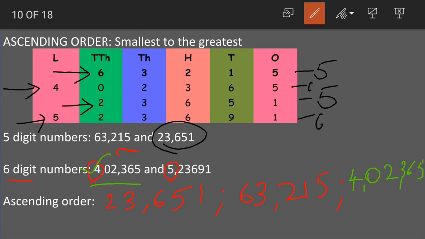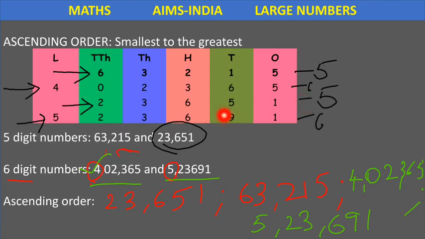402,365. 4,02,365. And the last number remaining here is 5,23,691. Clear, children? What did we do? First we placed the numbers in a place value chart. Then we grouped them into 5-digit numbers and 6-digit numbers. As we know 5-digit numbers are smaller than 6-digit numbers, we first wrote the smallest 5-digit numbers. Which is the smaller number in these two? 23,651. So it is written in the first place, and then the other 5-digit number